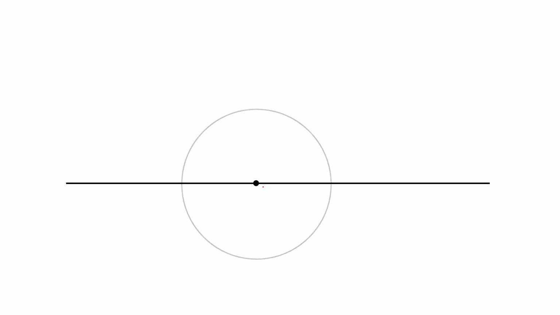Let's talk a little bit about geometry. Suppose we have a line and then there is a point on the line. So if you draw a circle, you can see that this angle right here is pi and this angle right here is also pi. And I would like to see and explore how to divide this pi angle into